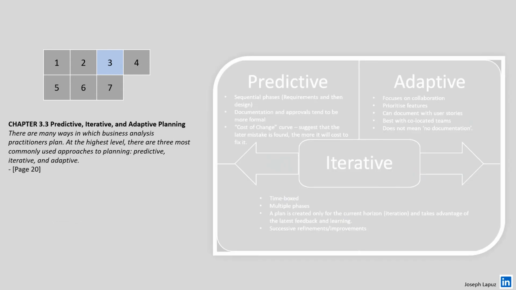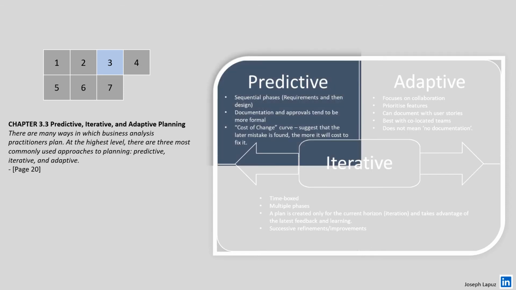Chapter 3.3. Predictive, iterative, and adaptive planning. There are many ways in which business analysis practitioners plan. At the highest level, there are 3 most commonly used approaches to planning: predictive, iterative, and adaptive. 1. Predictive. Predictive planning involves performing detailed analysis and planning and then acting on that